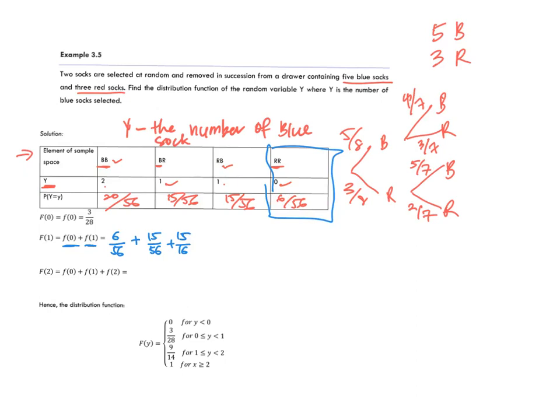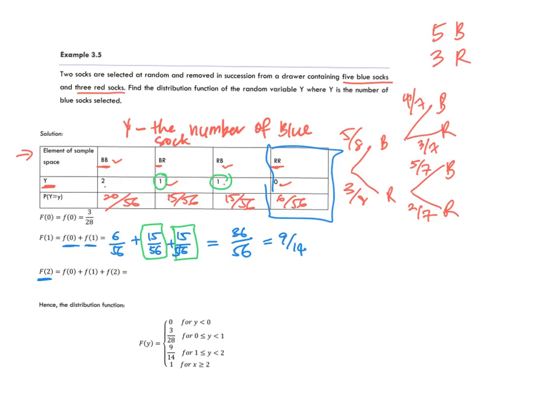Why do I total up? Why are there two 15 over 56? Because when y equals 1, there are two possibilities here, so we need to total up everything to get the exact value. So 6 plus 15 plus 15 equals 36 over 56, or 9 over 14. For the last one, the cumulative distribution function when y equals 2,